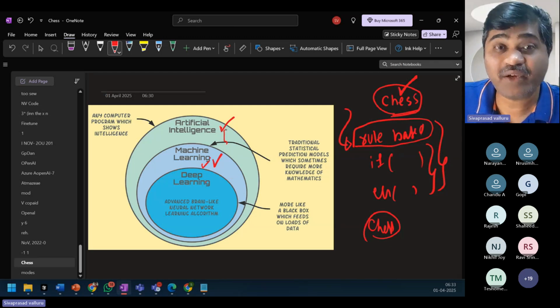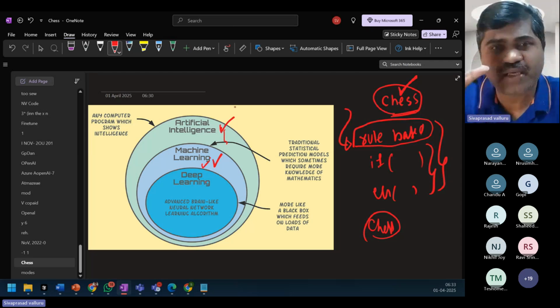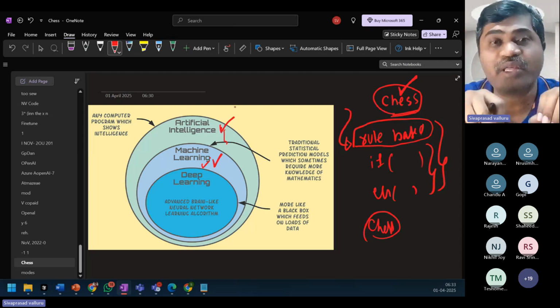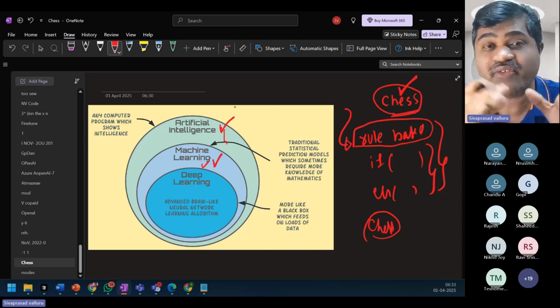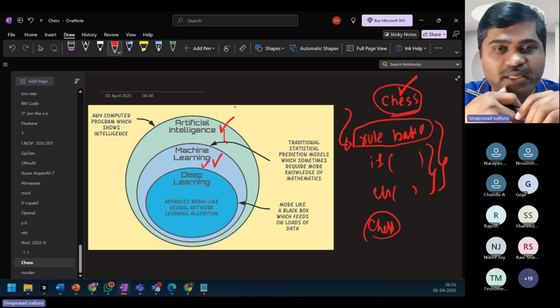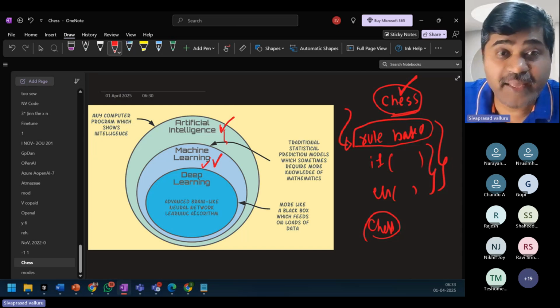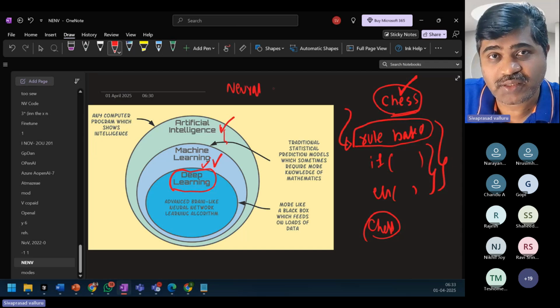So that is the reason why you see in this diagram, artificial intelligence is a superset. Machine learning also is used for creating applications which display artificial intelligence. So it is a subset of artificial intelligence. And deep learning is again a subset of machine learning, which uses a concept called neural networks.